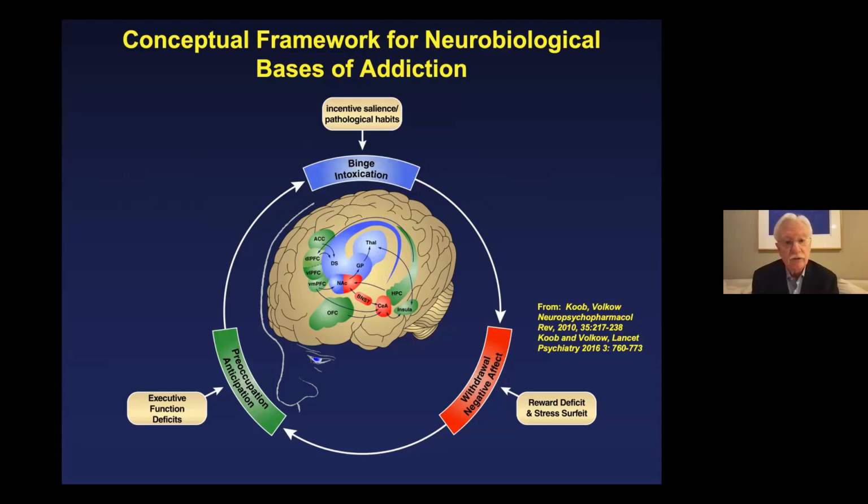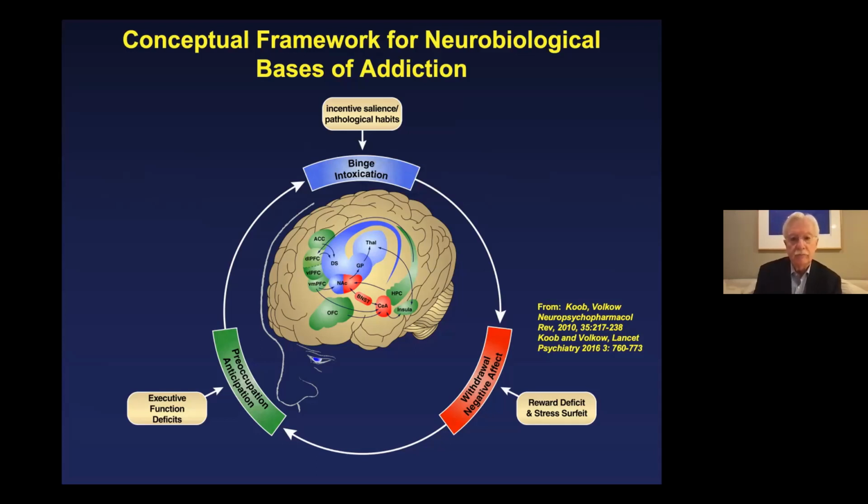executive function deficits. And these are all color-coded on this slide by different circuits: the basal ganglia for the binge intoxication stage, the withdrawal negative affect is the extended amygdala in red, and of course the craving or preoccupation anticipation stage is in green here, which is illustrated by largely prefrontal cortex, but also some old cortex such as hippocampus